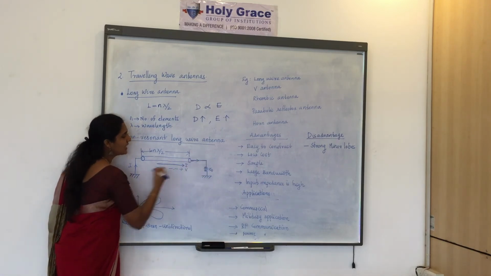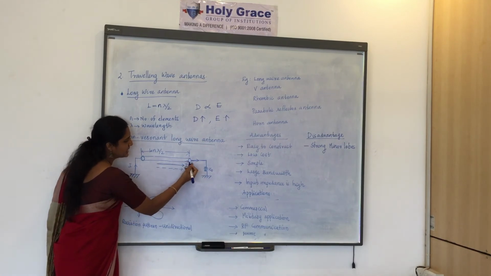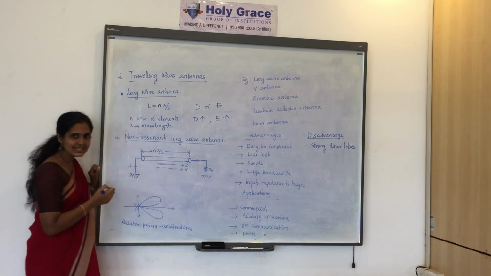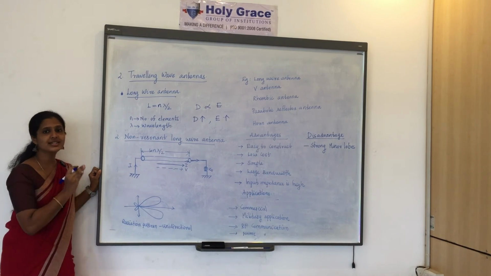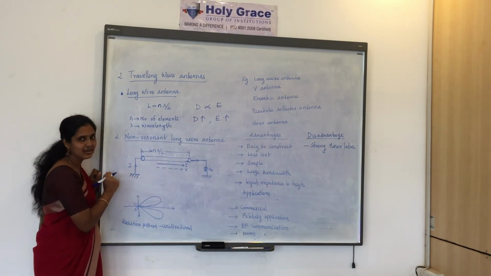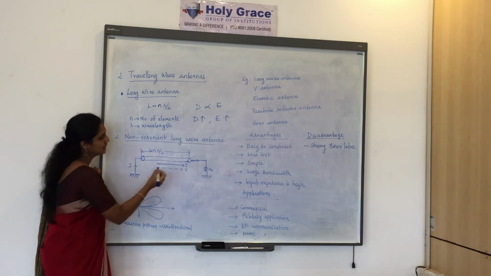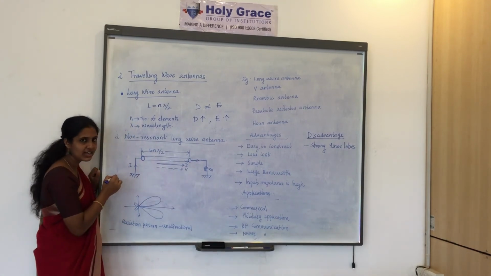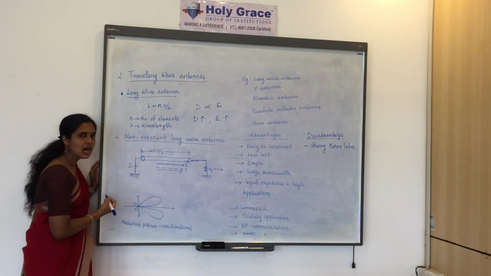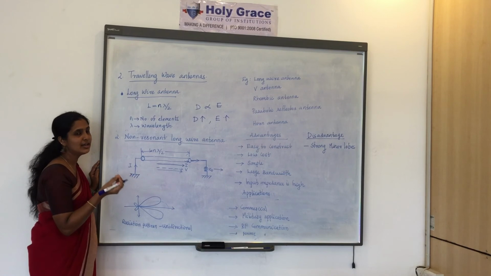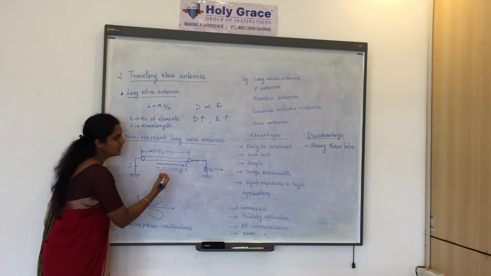And what will happen at this junction? The long wire antenna impedance will match the load impedance. That way we can avoid the reflections. There is no reflection in the non-resonant long wire antenna. Due to this terminal resistance, the impedance of the long wire is matched. That is why most of the incident wave passes to the output. Some very little losses are there, but the majority of the incident wave comes out as output.